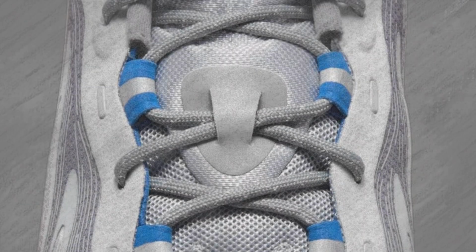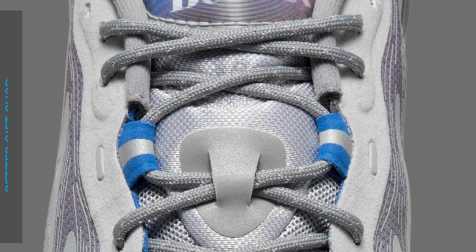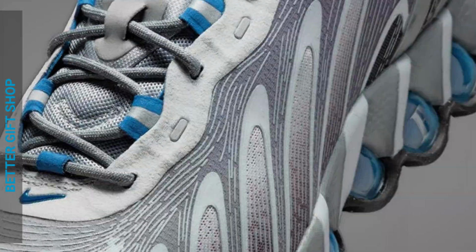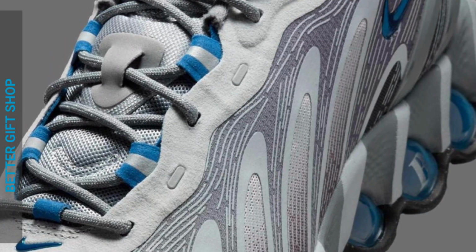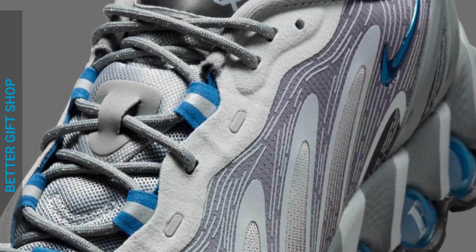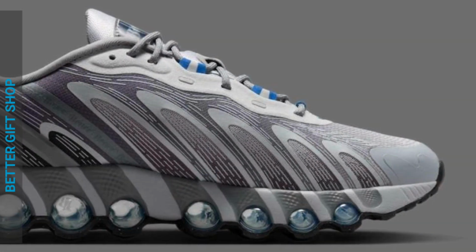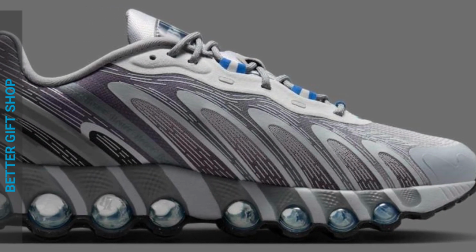Most recent team to show their affection for the model is the Better Gift Shop crew in Toronto, who shared a joint pair on social media. Although the sneaker's initial Instagram photo didn't reveal all the specifics, it included a gray and blue color scheme throughout its futuristic design. The figure is wearing the unannounced collaboration, and the Air Max project was unveiled alongside an anthropomorphic